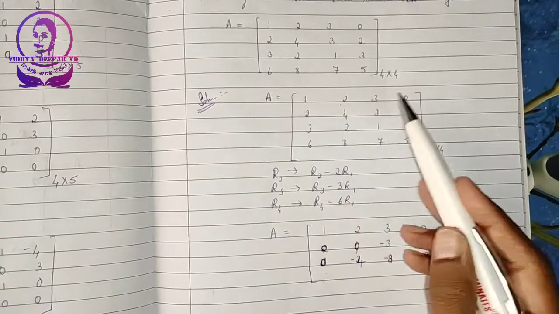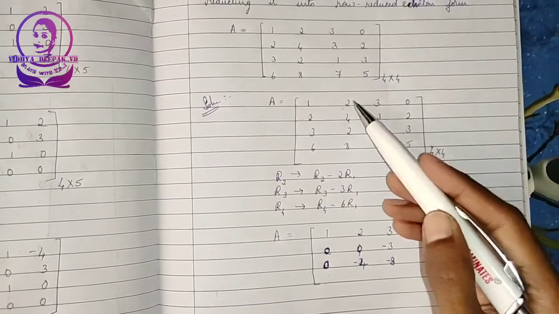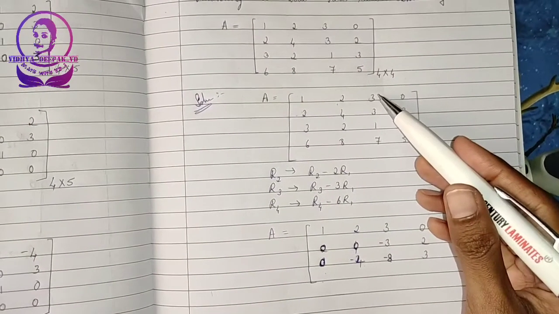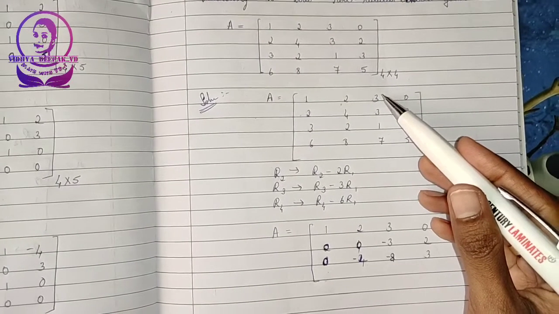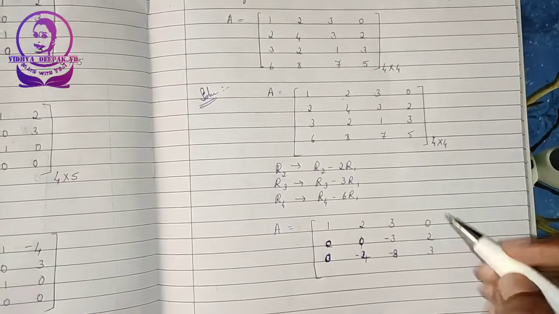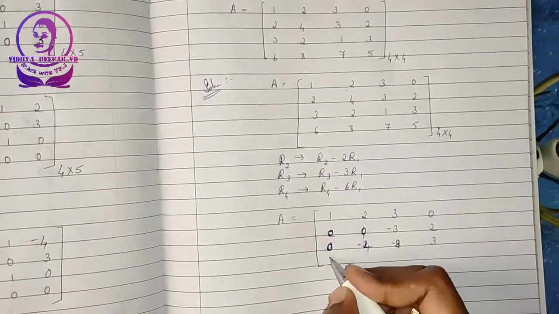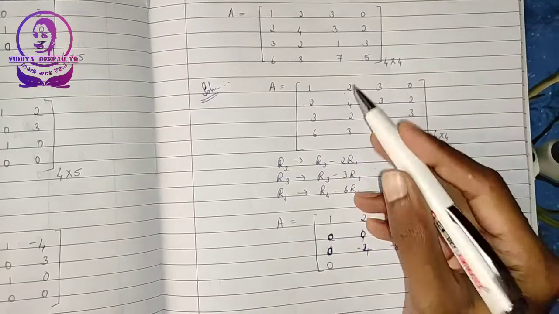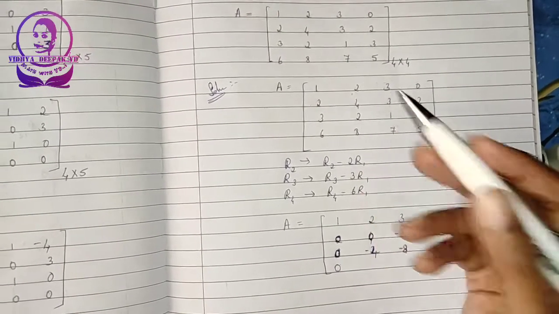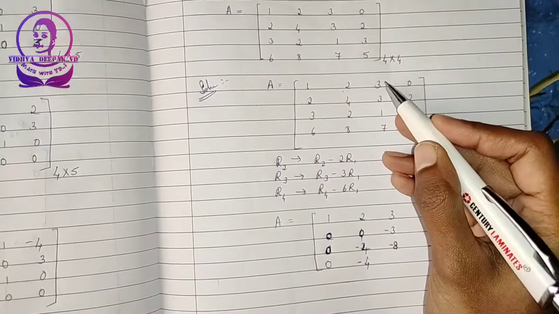Again we are multiplying this with 3 and subtracting, so 3 minus 3, 0. 2 minus 3 2s are 6, so minus 4. 1 into 3 3s are 9, so 1 minus 9 is minus 8. 3 minus 0 is 3. So now here we are multiplying with 6 and subtracting, so 6 minus 6 will be 0, and you have 8 minus 6 2s are 12, so 8 minus 12, you get minus 4. Again this is 6 3s are 18.